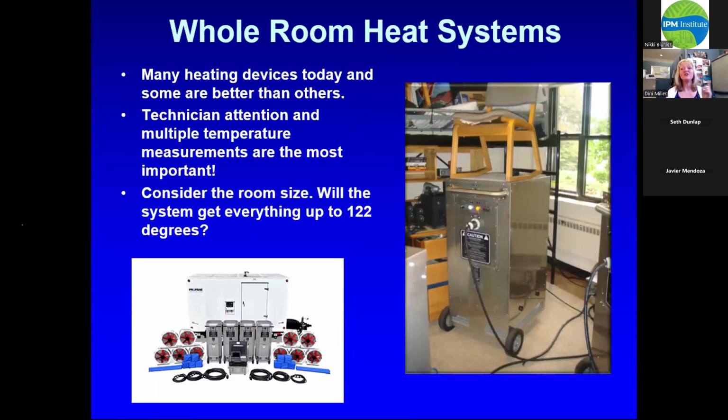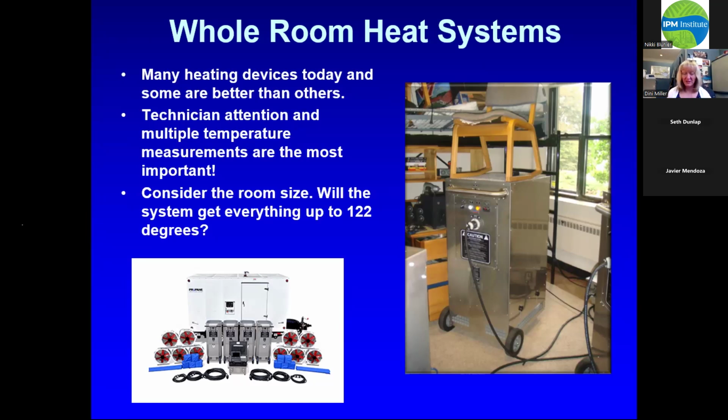The technician needs to be in there every 15 minutes, measuring all the temperatures in the hard to heat cracks and crevices. So consider the room size when you're thinking about this. Look at the number of cracks and crevices, and you're going to have to get measurements that every single piece of space in that room got up to